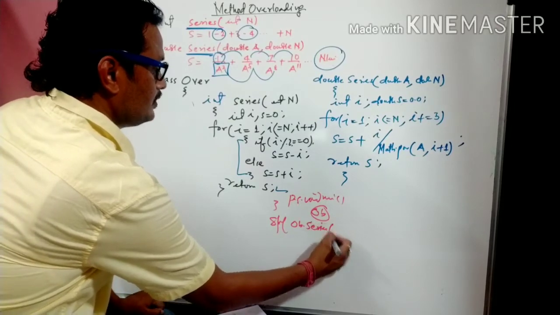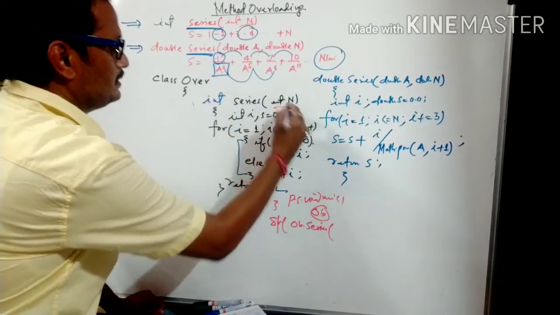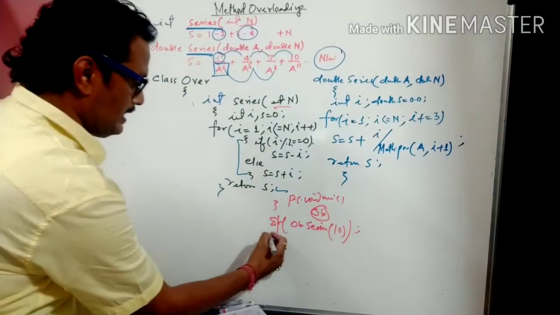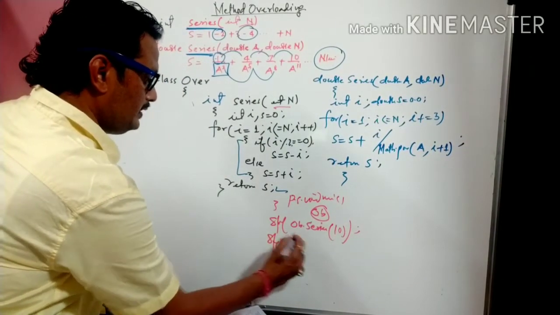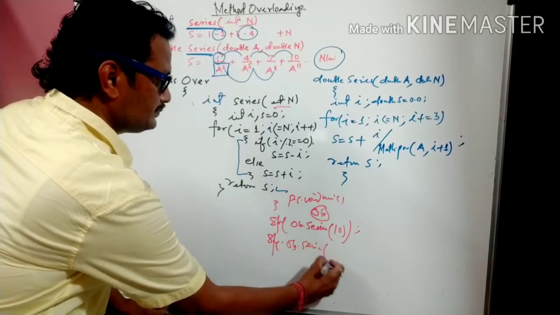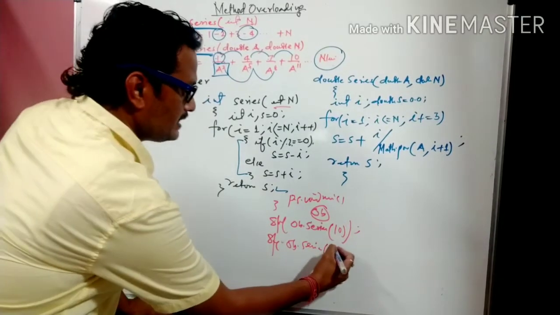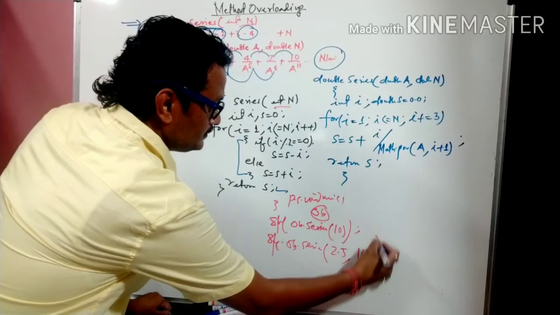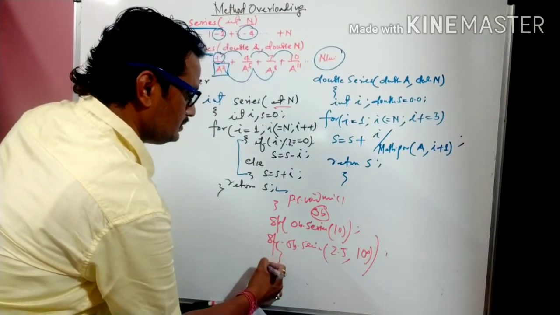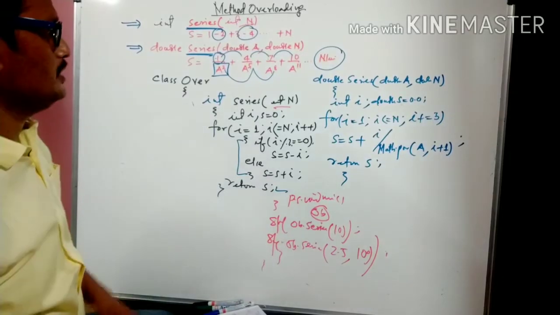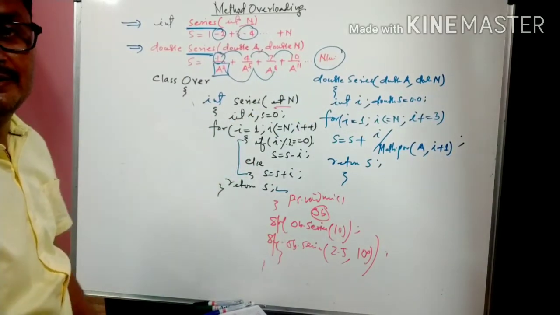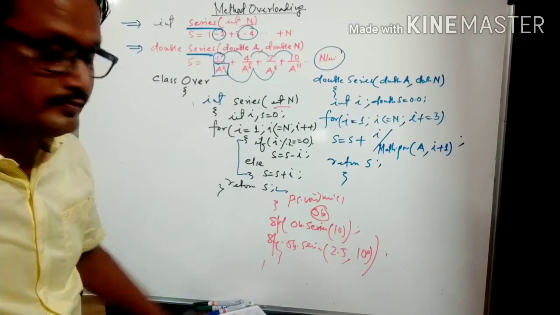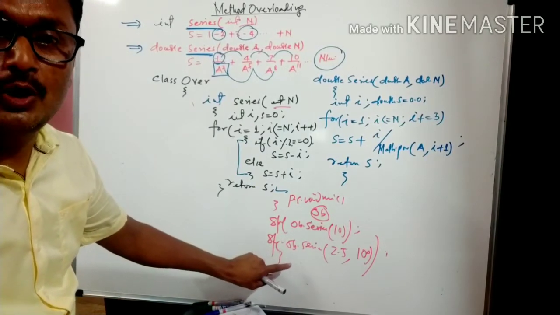ob.series with the integer version, so it will calculate and print the value. And here also ob.series with two parameters, the value of a is 2.5, and the value of n is supposedly 10.0. Close this one. This is the way to make this method and call it in main. This part is optional, children. To call in main, that part is optional.